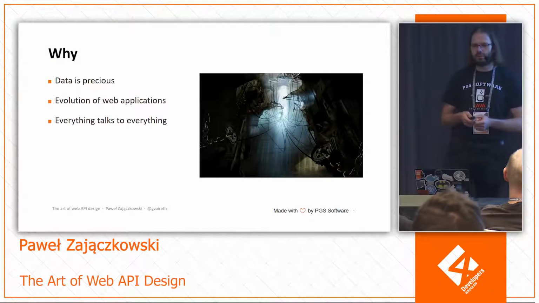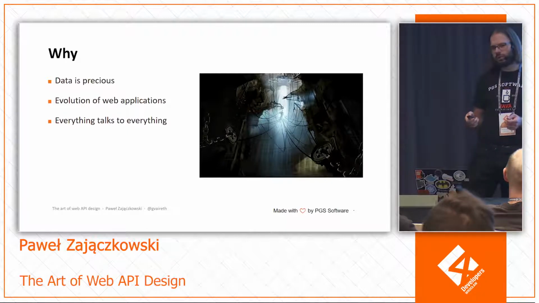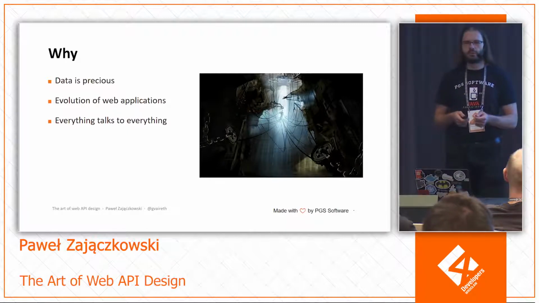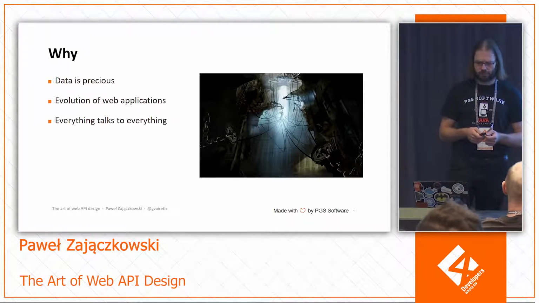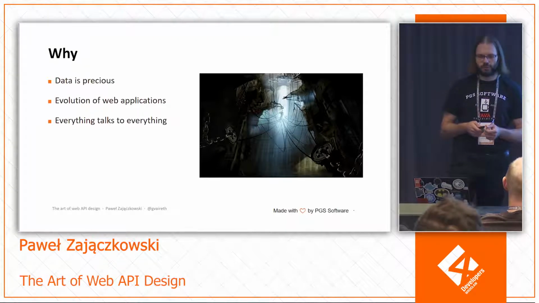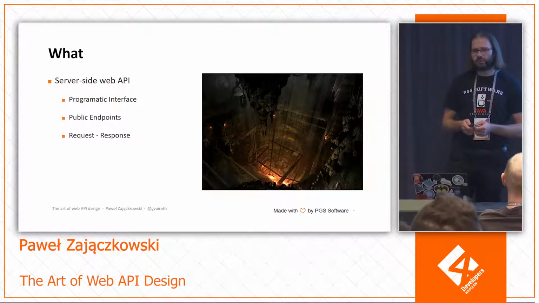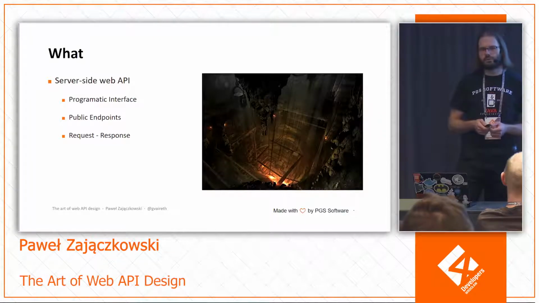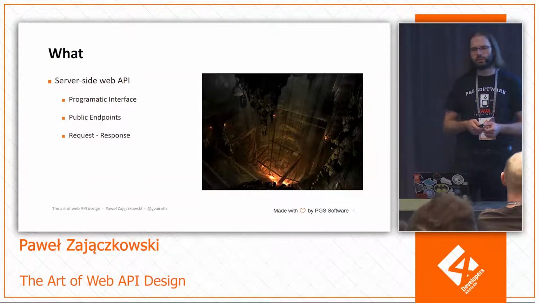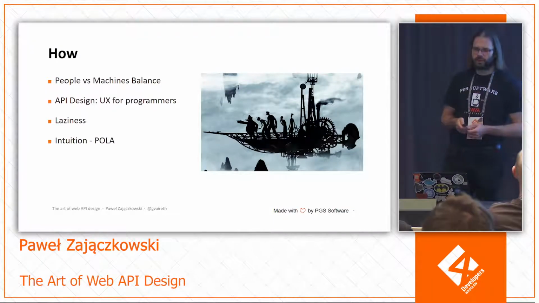And they have external APIs. So for instance, we can connect to the Google API in that case. And as our system grows further, we have more data, more functionality that is kind of precious. So maybe it's a good idea to also create an external API so that we can earn on that, not only on single users on the front end, if that's our model. What is an external API? Well, that's pretty simple. It's just a set of publicly available endpoints that have a certain schema of request-response messages that we can communicate with. And how to do that? Well, that will be the objective of the next 40 minutes, hopefully.